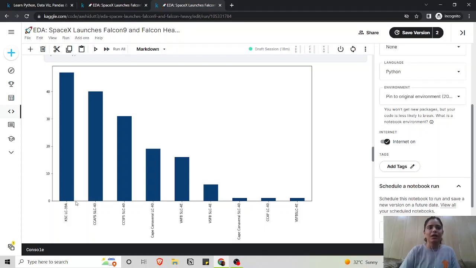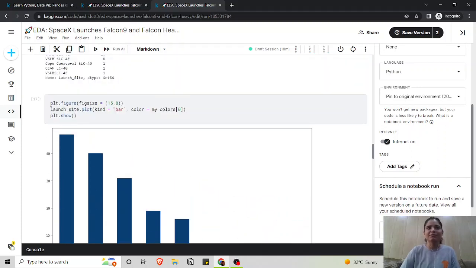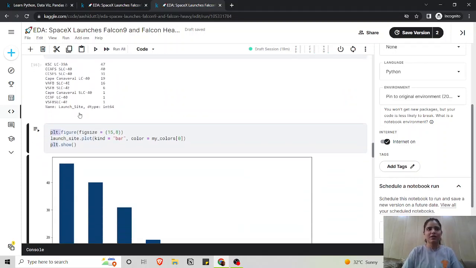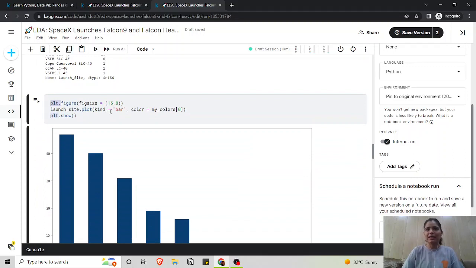And here, I am just using matplotlib plt.figure. The size of the figure is 15,8. Then this launch site was the reference earlier. And finally .plot, kind was a bar plot that I want to have, and my color is the colors for my color palette.